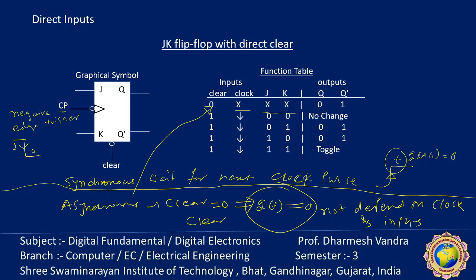The meaning is that the clear is direct. Similarly, SET is also an input available in some circuits. It works in reverse order. When SET is given, all the outputs Q(t+1) equal 1. So in this way, sometimes it is required externally. Suppose suddenly the power is off. We need every output to become 0 at the initial stage. At that time, this clear or SET direct input is helpful. I hope it is making sense.